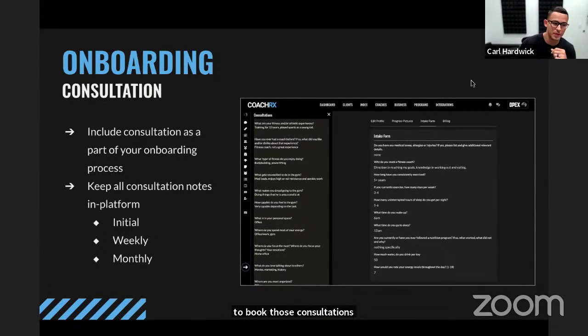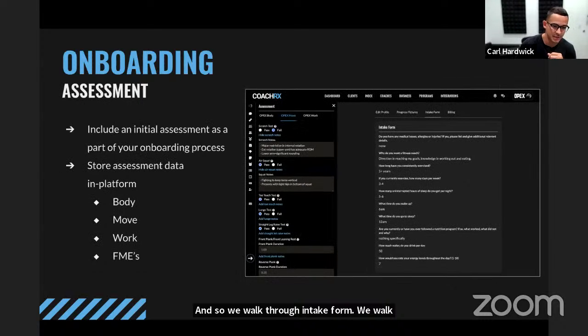All right, so we walked through intake form, we walked through consultations. Now let's hit assessments. Okay, so we also have a built-in assessment protocol in app. If you go to the left, you click assessment, you'll see OPEX body, you'll see OPEX move, and you'll see OPEX work. Use that or don't use it. We wanted it there for coaches that wanted to systematize that onboarding process and wanted to track body composition data,